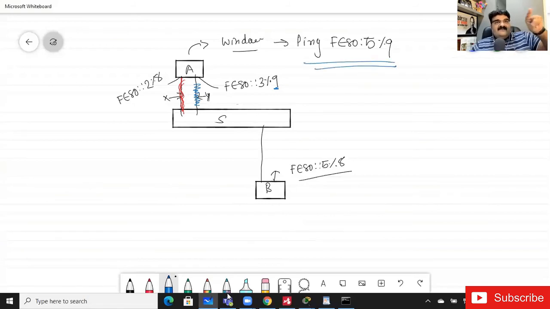Keep this in mind: you cannot use the percentage of the destination. You cannot ping FE80::5 with the destination's percentage, like percentage 7 over here.